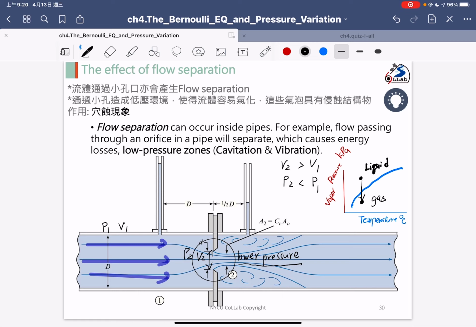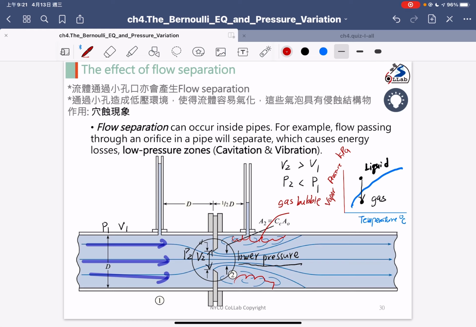And if the liquid flows in here and becomes gas, we will have a gas bubble here, and the gas bubble will break some structure surface,